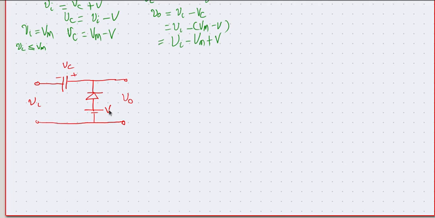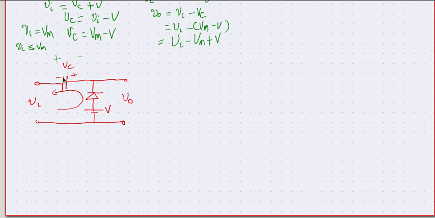Hi friends, continuing our discussion with the changed orientation of the diode. Now let us see if the diode is connected in the other orientation, like N side up and P side down. Then one thing is very clear: for the capacitor to get charged, the diode has to be on, and the diode will be on only when the current is in this direction, and hence the capacitor gets charged in this fashion instead of the earlier version which was in this fashion.